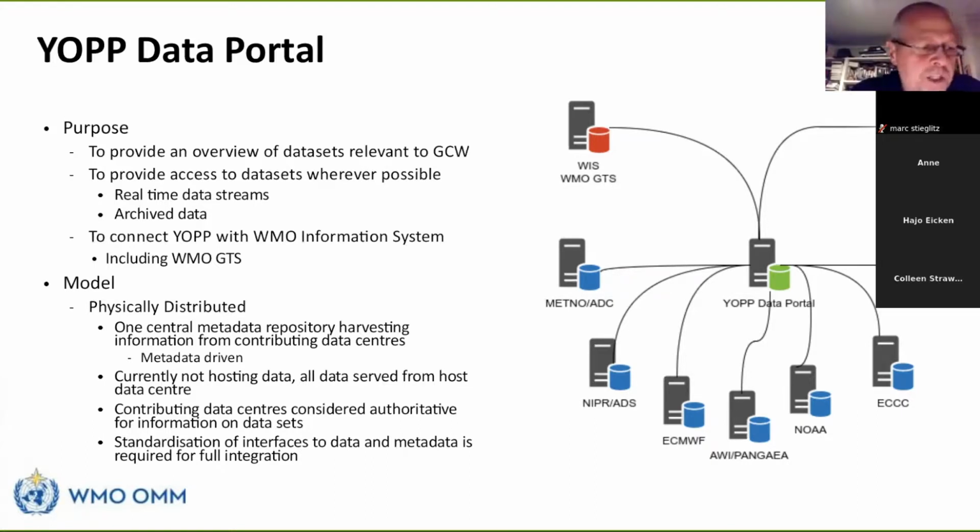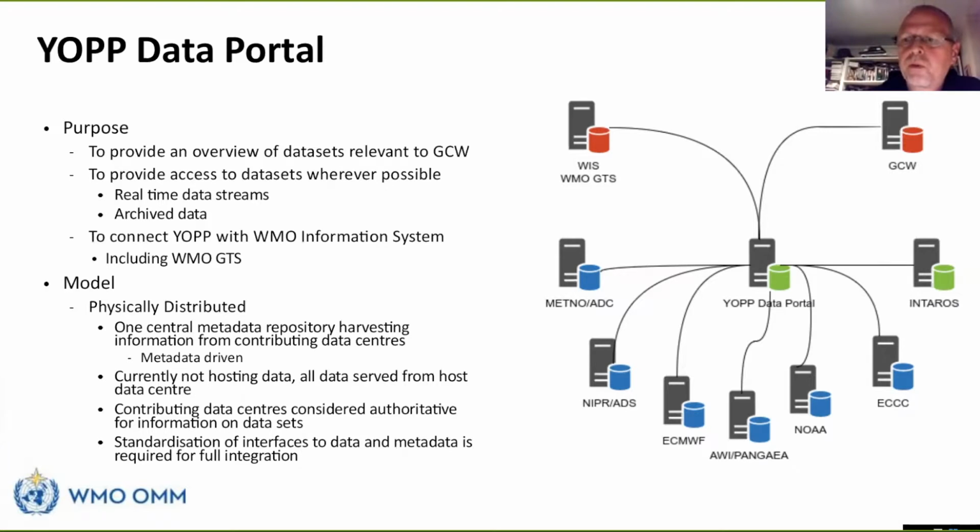Part of the WMO Information System is the WMO Global Telecommunication Service. That's the real-time exchange of weather observation, and oceanographic and hydrologic observation globally. So the portal will try to both interface with the archive, the long time series that are available, and the real-time data streams. One of the things that we try to do in this context,